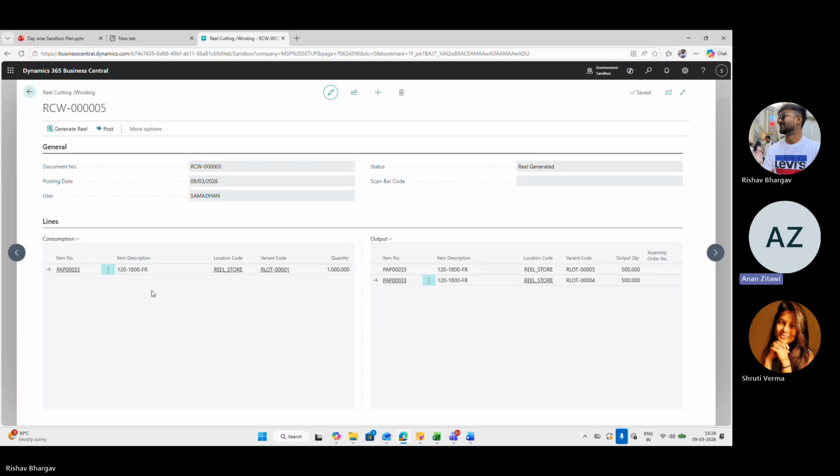What is the suffix or prefix that's being added to the reel ID? Which suffix and prefix are you talking about?